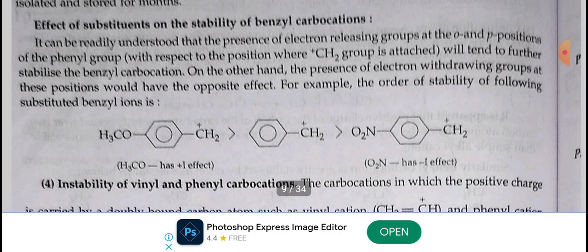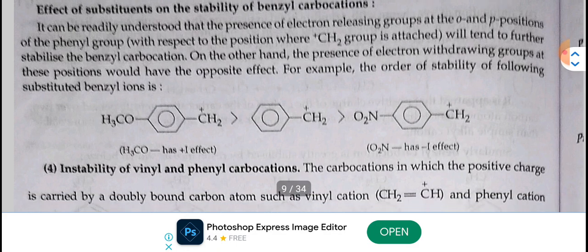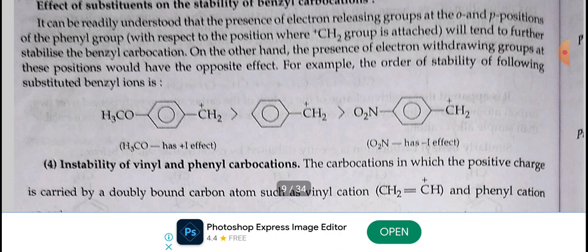Effect of substituents on the stability of benzyl carbocations. It can be readily understood that the presence of electron-releasing groups at the ortho and para positions of phenyl groups will tend to further stabilize the benzyl carbocation. On the other hand, the presence of electron-withdrawing groups at these positions would have the opposite effect. For example, the order of stability of the following substituted benzyl ions is: